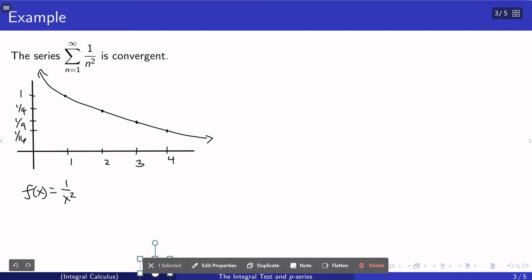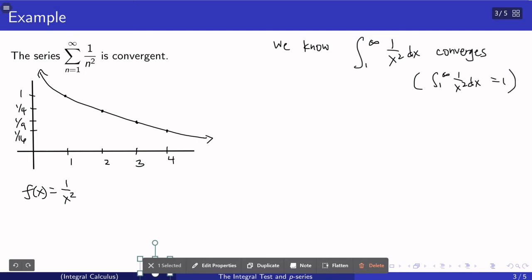Okay, so we already know, again, that the improper integral of 1 over x squared dx converges. And in fact, we know exactly what the value of this improper integral is, right? It's equal to 1. Again, if you do that technique, solving improper integrals. So since we want to conclude that it's convergent here,